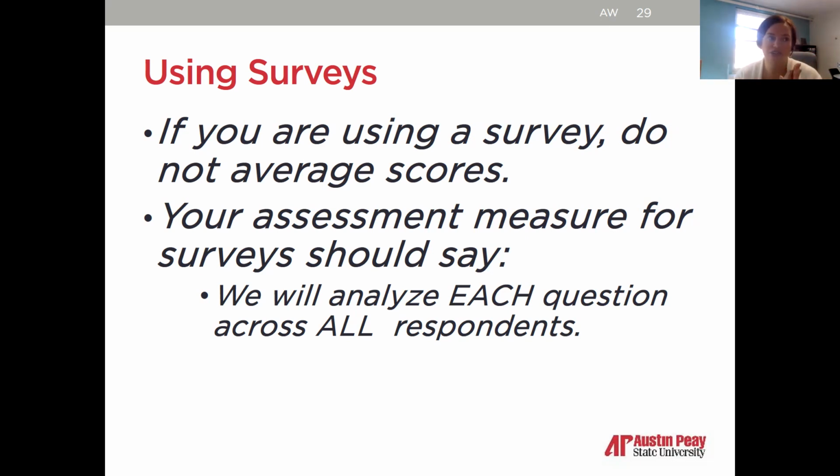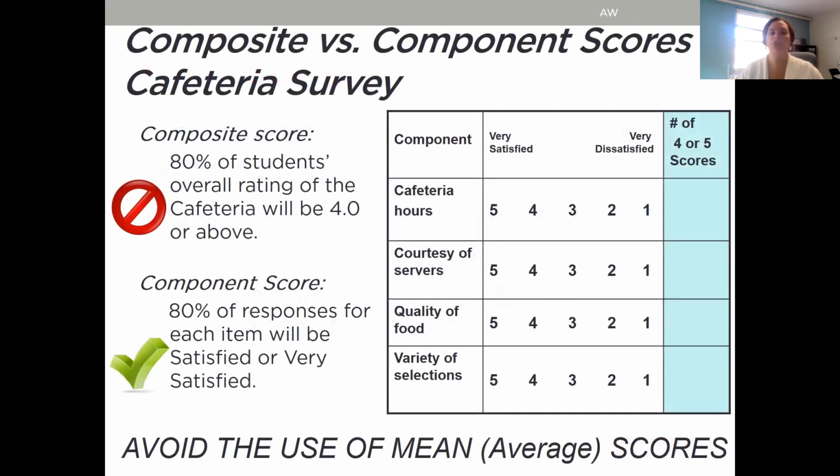So if you're asking respondents to rate something on a scale of 1 to 5, you don't want to look at the average of all the questions. You want to look at each question, what was the number that they rated us, however you're doing that. The reason for that is because when you do it as a composite score,